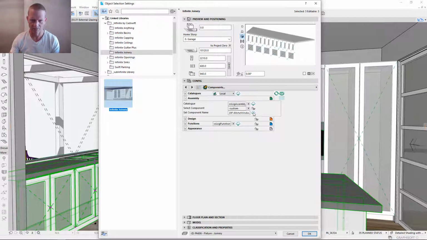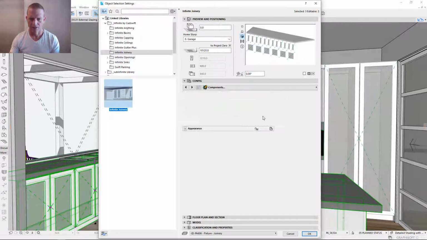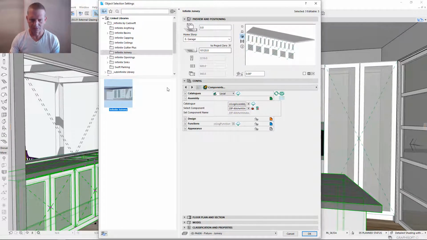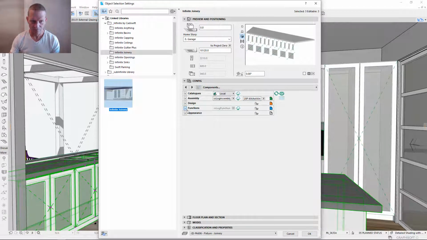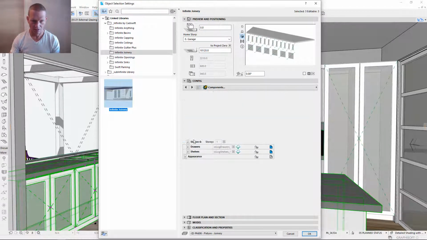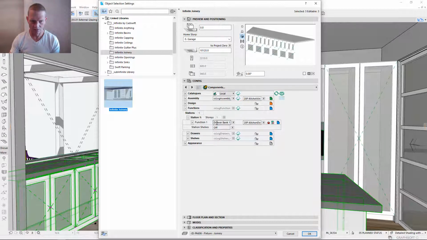So we'll just upload that, download, and lock. Okay, so now all our functions that were doors are now using drawbank 1. We just need to go into drawbank 1 and make sure it is set to what we want drawbank 1 to be. So drawer